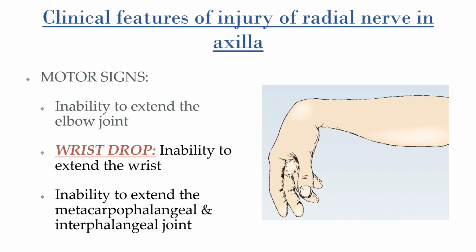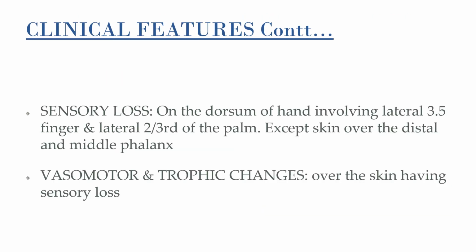When the radial nerve is injured in the axilla, the patient will come with the clinical features of inability to extend the elbow joint because of the complete paralysis of the triceps muscle. Patient will come with wrist drop, that is inability to extend at wrist joint, and inability to extend metacarpophalangeal and interphalangeal joint. The patient with the radial nerve injury in the axilla will have sensory loss over the dorsum of